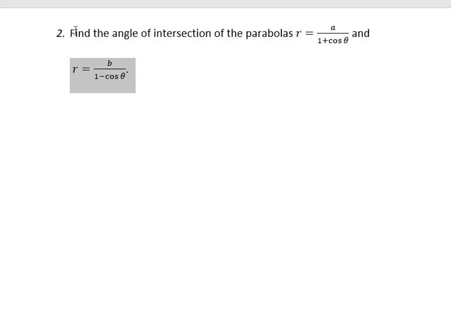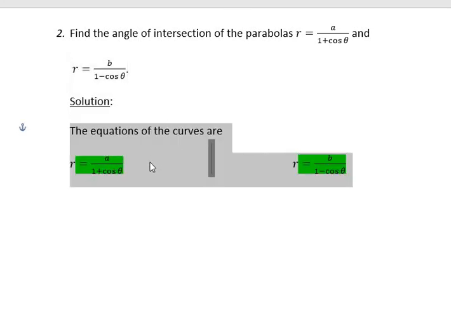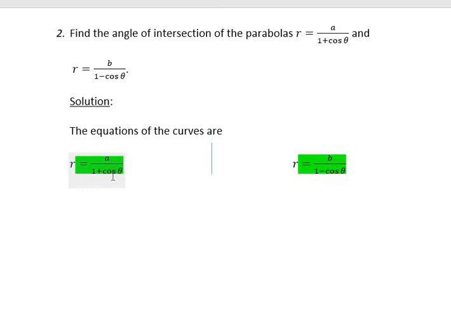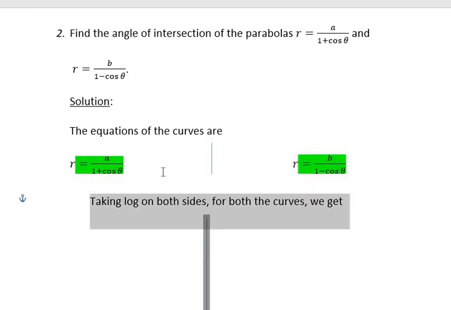Problem 2. Find the angle of intersection of the parabolas r is equal to a by 1 plus cos theta and r is equal to b by 1 minus cos theta. Solution. The given equations are r is equal to a by 1 plus cos theta and r is equal to b by 1 minus cos theta. Let us differentiate these two equations with respect to theta. We have to take